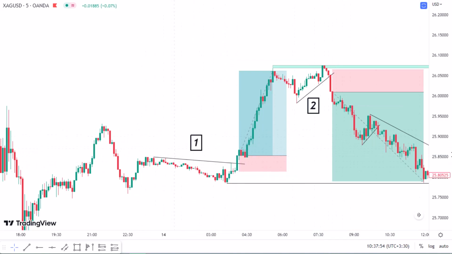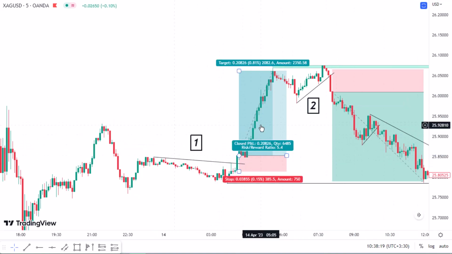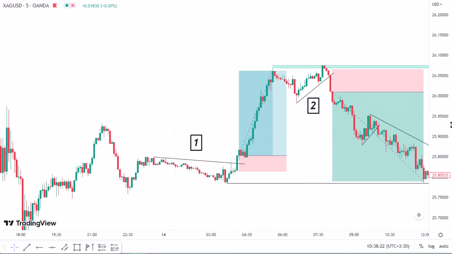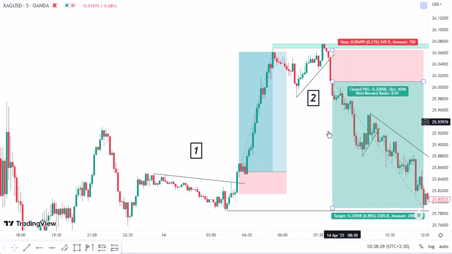On the first position of silver, on the 5-minute time frame, I actually trade on the 5-minute and 1-minute time frames. I just rarely go to the 15-minute time frame, and I don't trade in bigger time frames like 1 hour, 4 hour or daily. That's just analysis for you. Myself, I trade in the 5-minute and 1-minute time frames, because that gives me lots of positions that I can make, like 4, 5 or 6 positions every day on any chart.